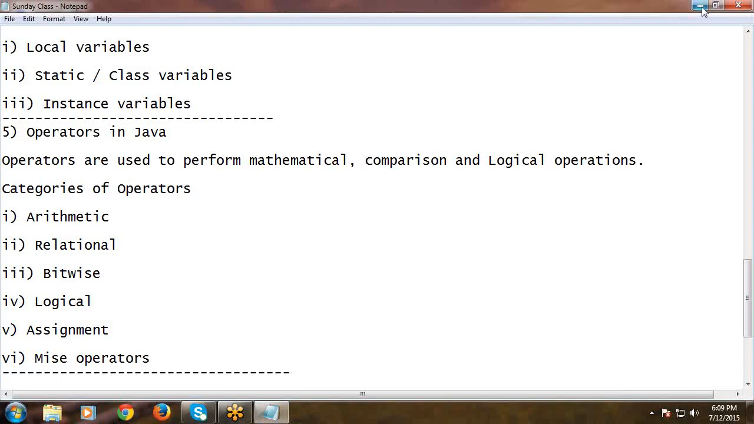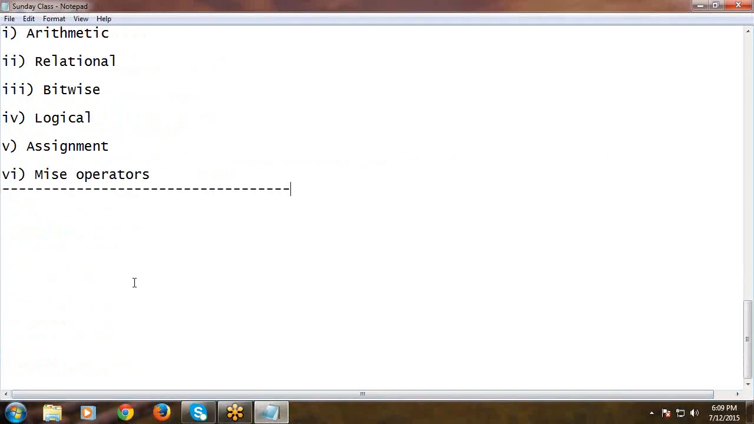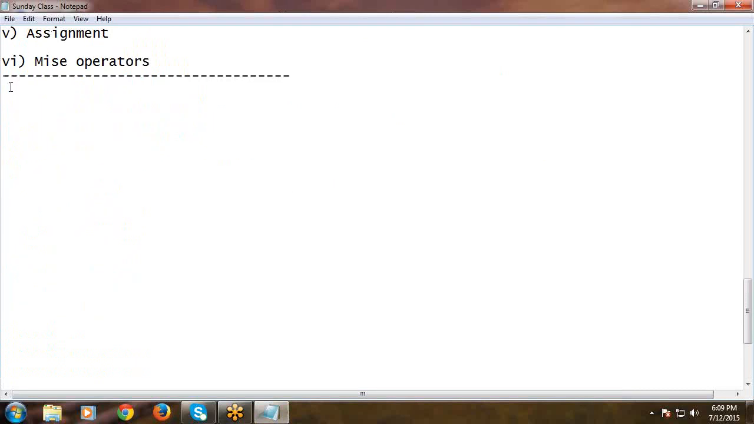Tell me, Raval, categories of operators in Java. So it's arithmetic operators, logical operators, bitwise operator, and assignment operator, and miscellaneous operators. Okay. Arithmetic operators, relational operators, bitwise operators, logical operators, assignment operators, and miscellaneous operators. Okay. Next, sixth one,